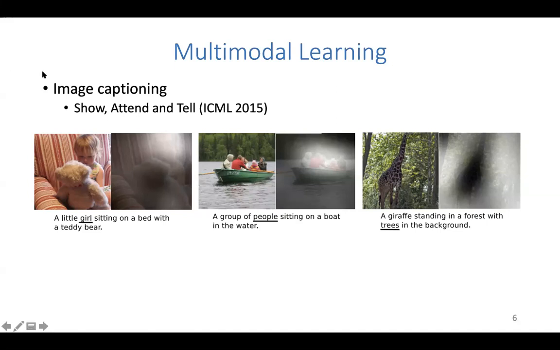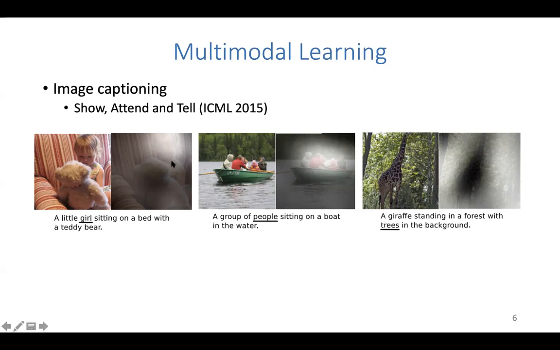So these two, the pixels and the text or words, are expressing the same semantic information. The contents are the same. It's just that one uses pixels to represent the information, and the other uses words to express it. You can think of this as an encoder-decoder operation. The encoder encodes the images or pixels, and the decoder usually decodes into a sequence